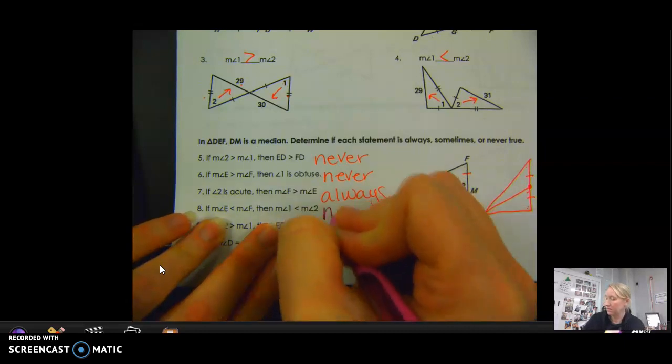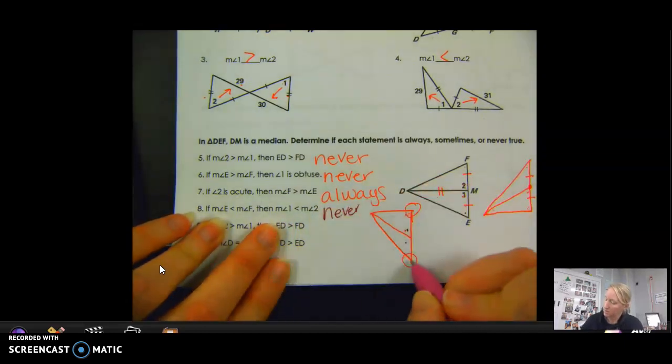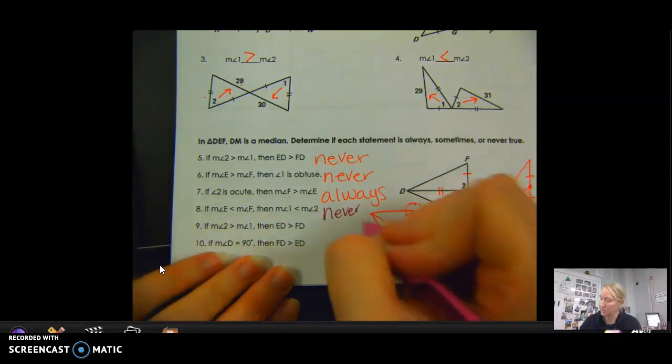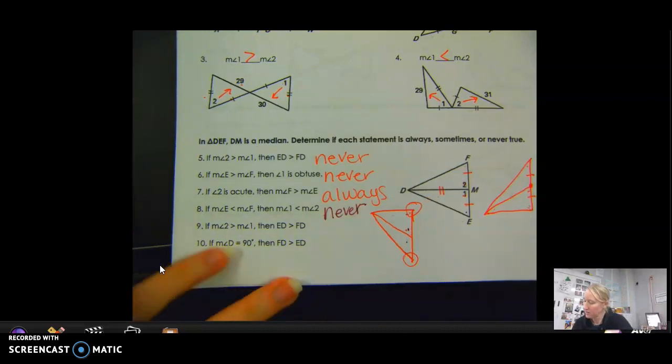That would be never. Because look at that. As you're making this smaller, this gets bigger and that gets smaller. So that would be never. Next, measure of angle 2